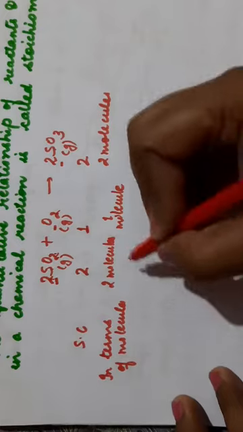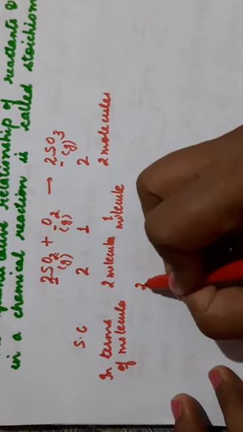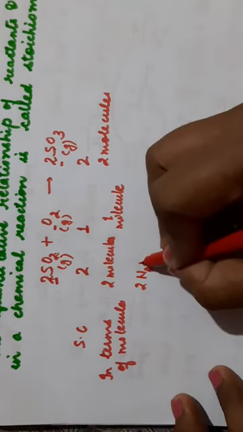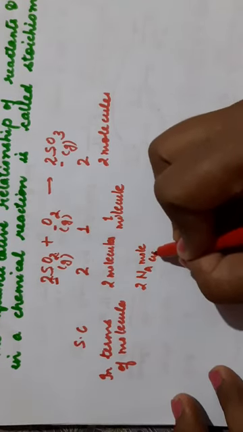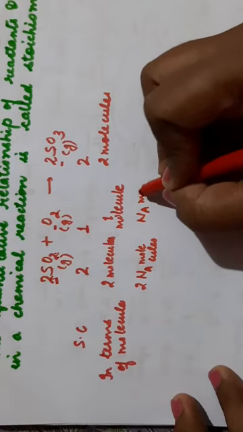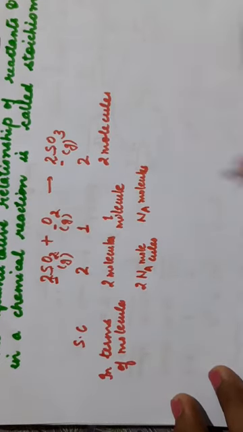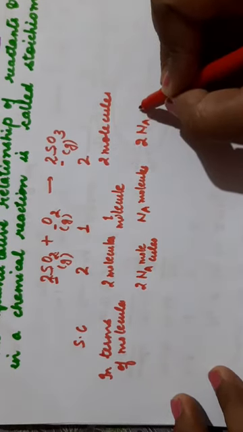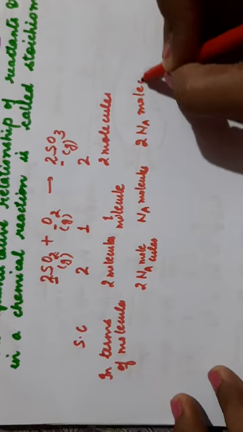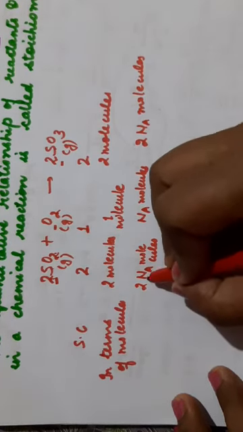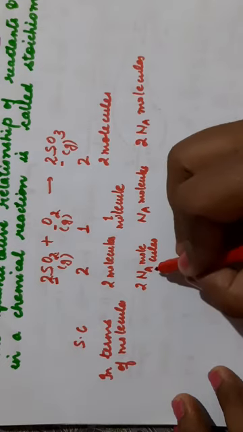Now in terms of Avogadro number, we can write here 2 Na molecules. Na is the Avogadro number. 2 Na molecules of SO2 will combine with Na molecules, means molecules equal to Avogadro number, of O2 to form 2 Na molecules of SO3. Clear? Now what is Na number of moles? If molecules equal Avogadro number, it means 1 mole.